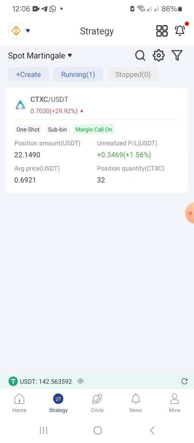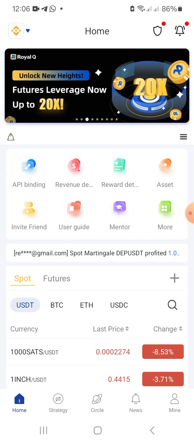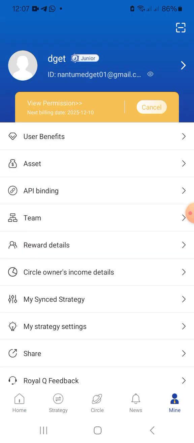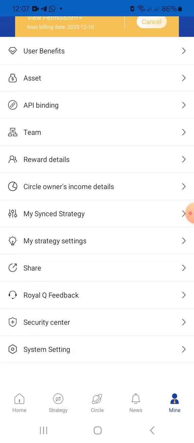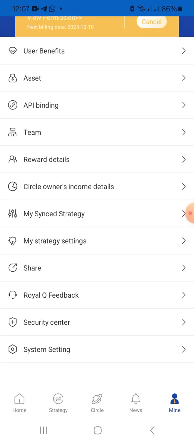Okay, now we are going to set our strategy. But I'm going to give you a method where you are going to just save it and use it after. So since you have $300, we are going to make a strategy which can both maximize profits and at the same time even enable you to go on with the market dips or when the market goes down. So you go to my strategy settings,